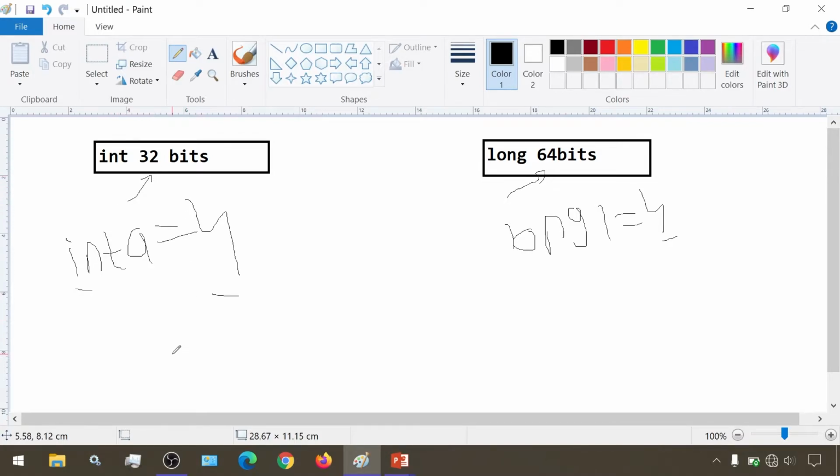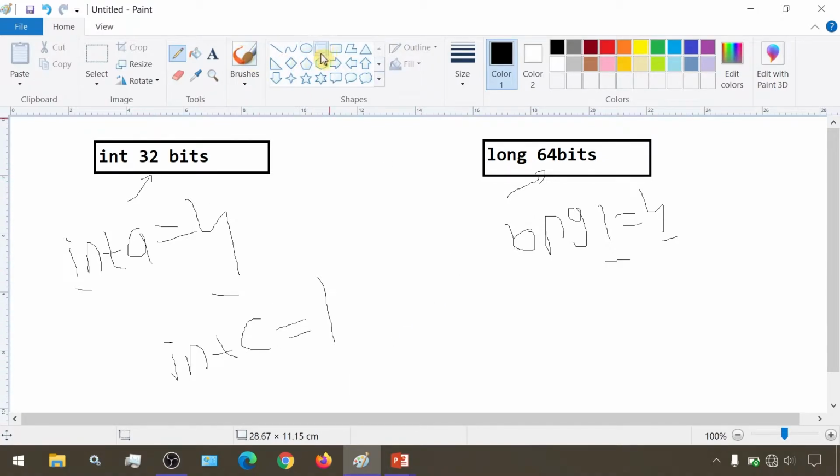Now suppose I make another int variable, int c, and assign it the value of the variable L. Here, L means the long variable L which I made here. Now the value will get assigned, but internally long has 64 bits and int has 32 bits.